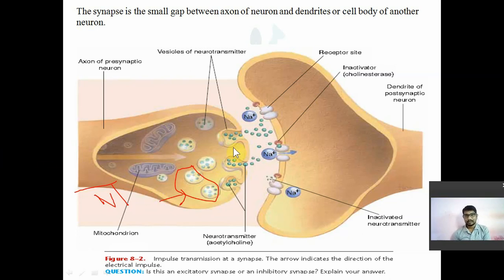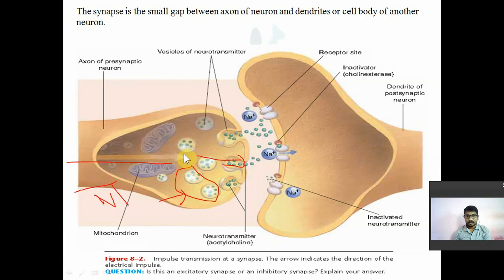I will explain it later on. Okay. So they are synthesized and stored in the vesicles. They are released by the process of exocytosis. Whenever there is an impulse that comes to the neuron,